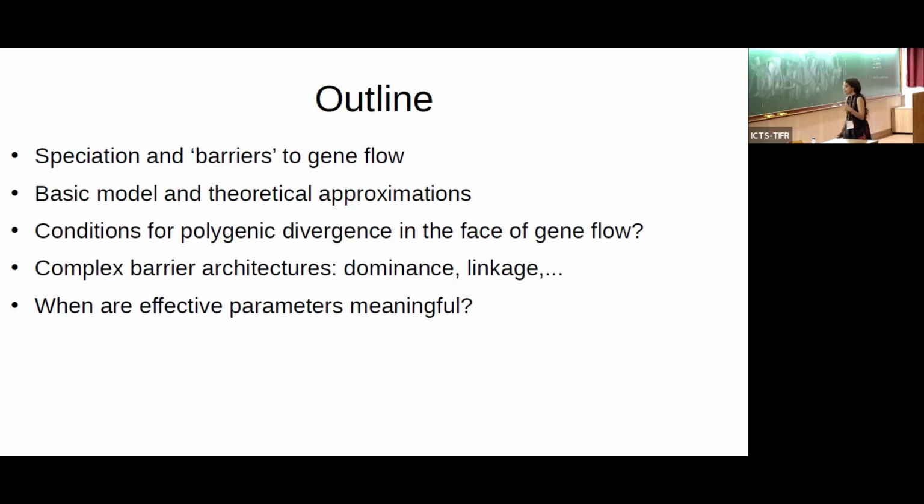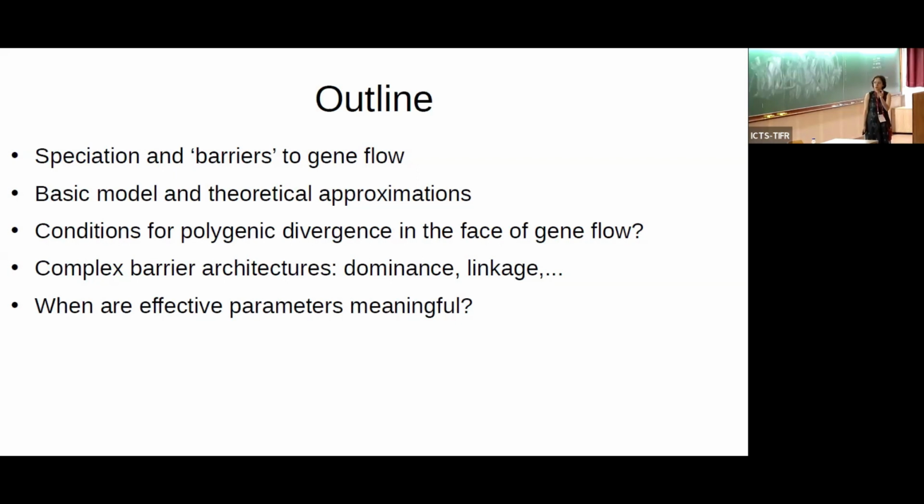And the goal here is to just introduce some heuristics and approximations which give insight into why this is a multigenic process, and how we think about how associations between different genes are maintained or how they evolve. And then I'll use these to answer some questions, at least in the context of a simple model, focusing on when divergence is maintained at multiple genes. So when different populations are genetically differentiated at different locations along the genome, and whether this can persist in the face of mixing between populations.